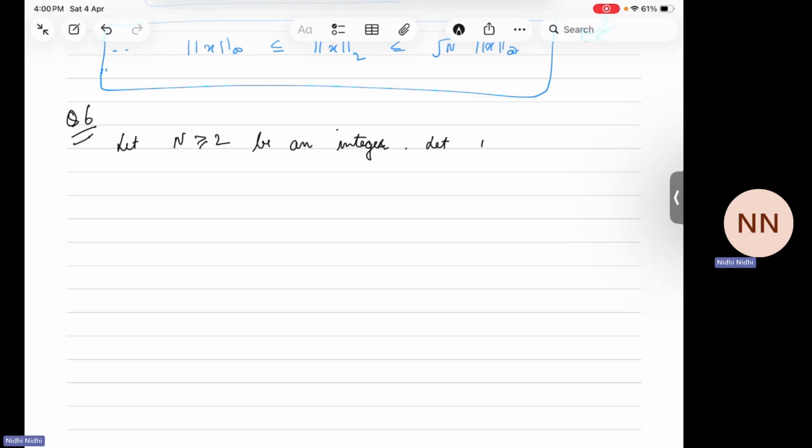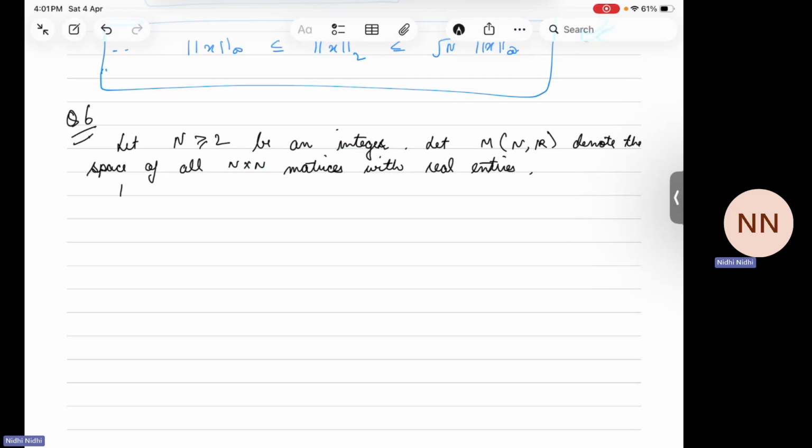Let M_n(R) denote the space of all n cross n matrices with real entries. For A belonging to M_n(R),